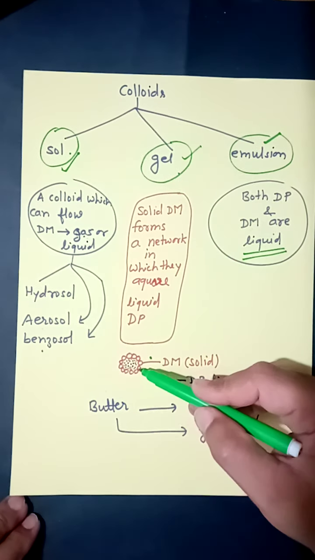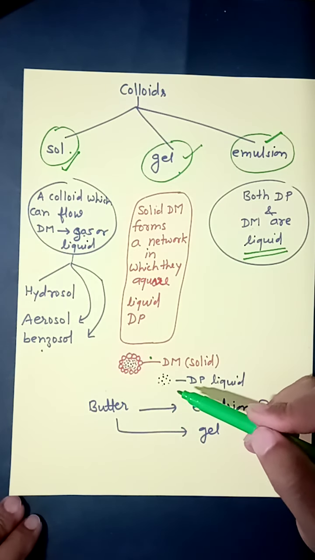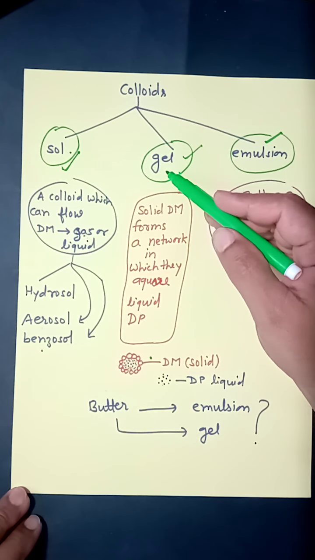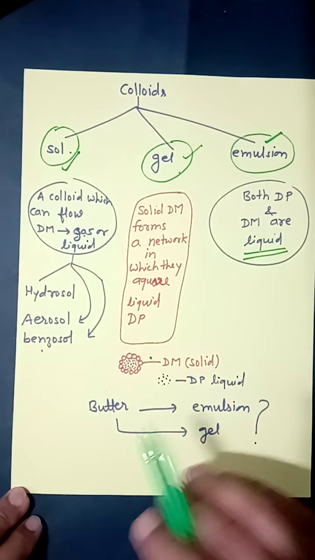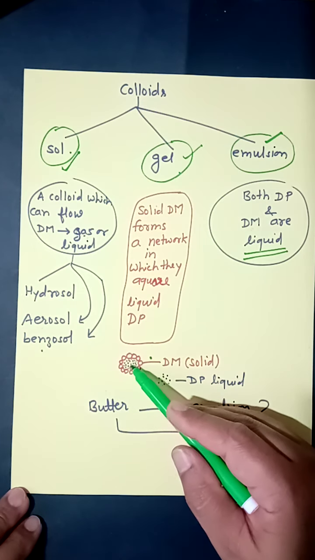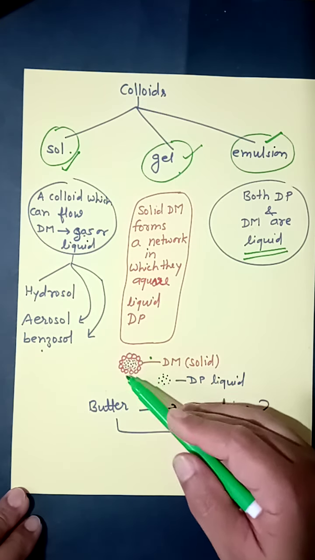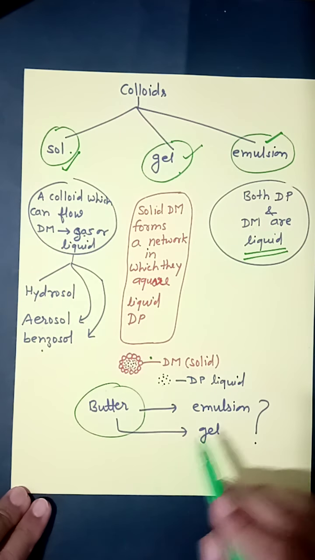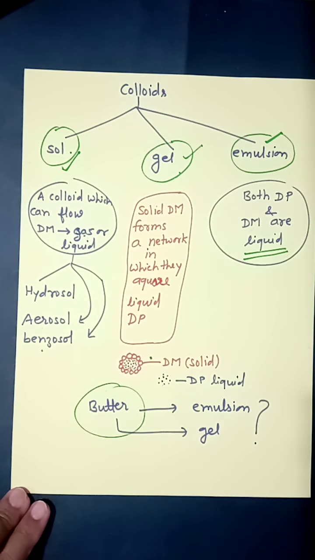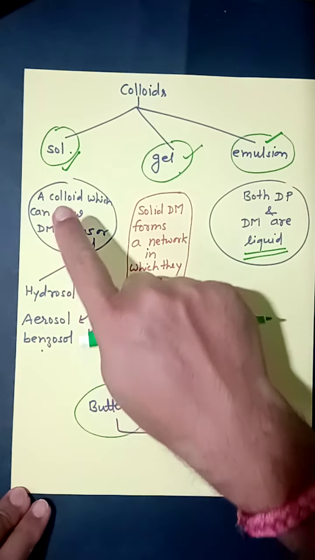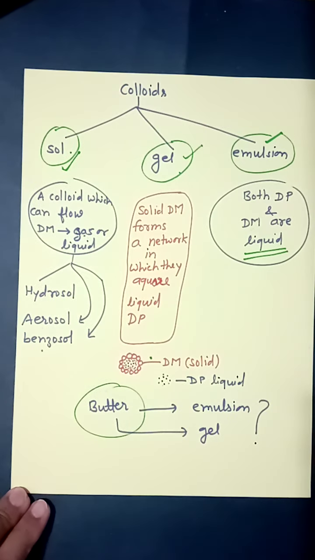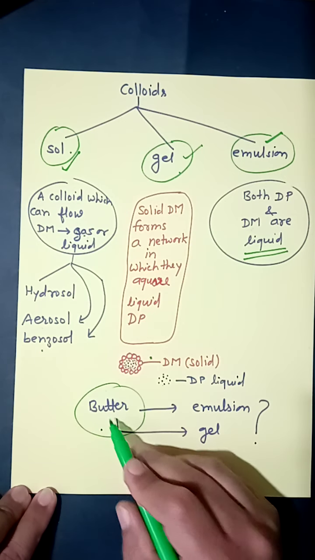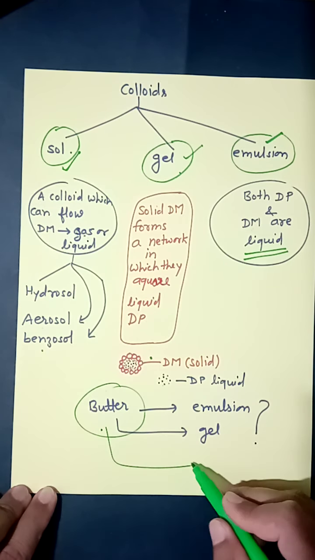It is just like filling some water in a balloon. The result is just like gel. It cannot change its shape by itself, but when you apply pressure, it can change its shape because inside we have liquid, and the outer side is solid. One good question: what is butter? Is it emulsion or gel? To have a better understanding of gel, emulsion or sol, you can ask, what is butter? Is it emulsion or gel, or is it sol?